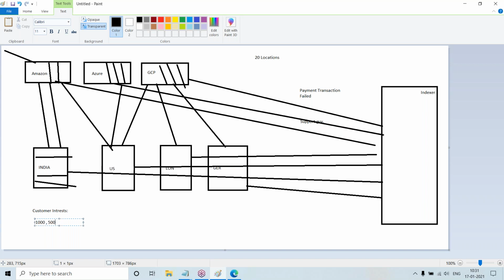Let us assume 500 are making purchases, and some 500 are just viewing items like clothes, smartwatches, something like that.